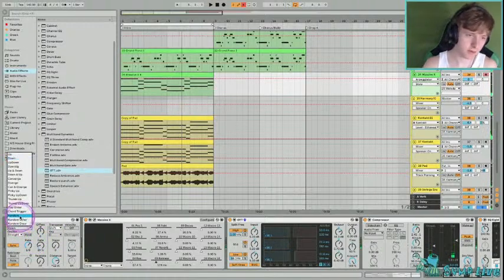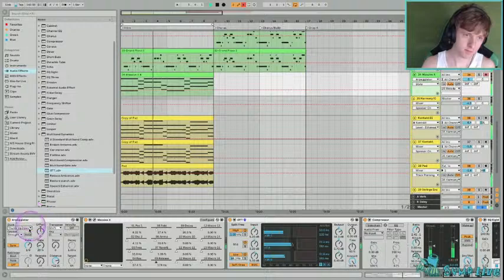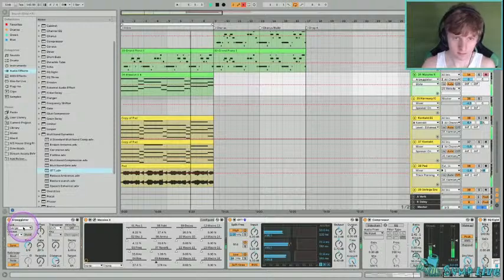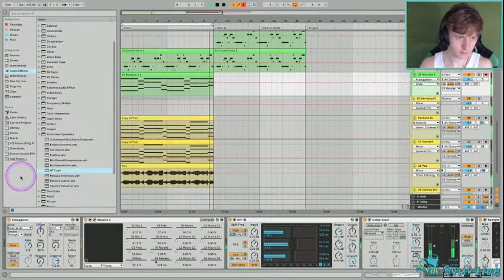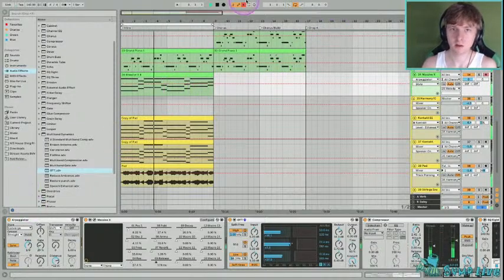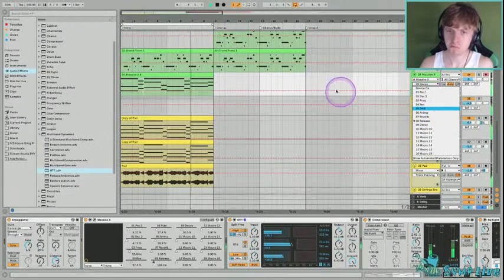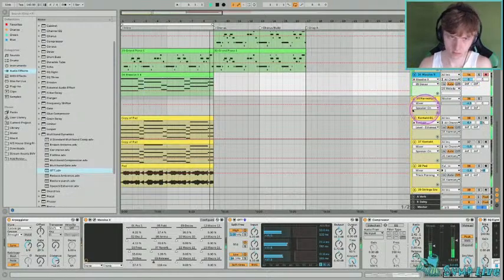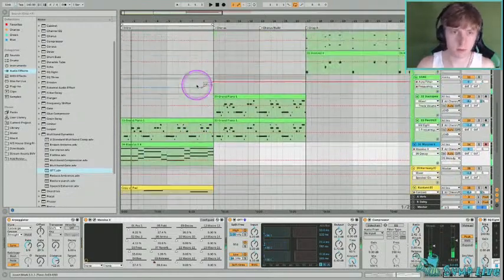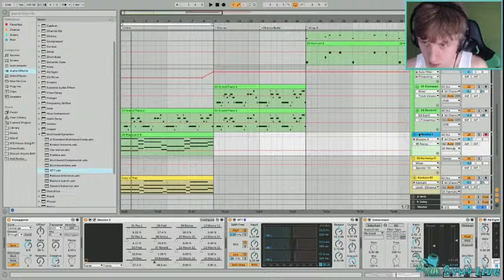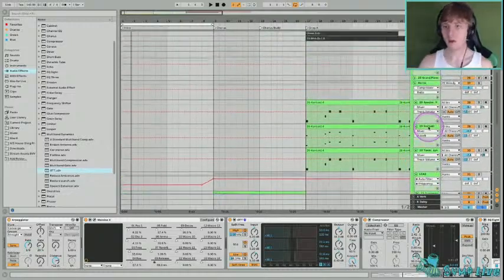Gotta be eighth notes. What if it was a different order, though? I like converge, actually. Serve us quite well. So we'll do ARP 1, and